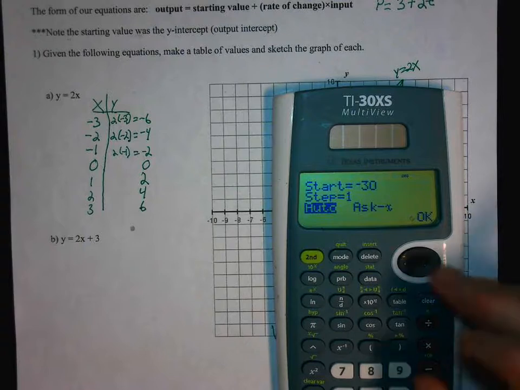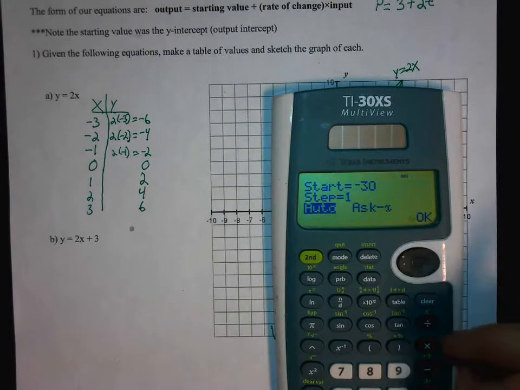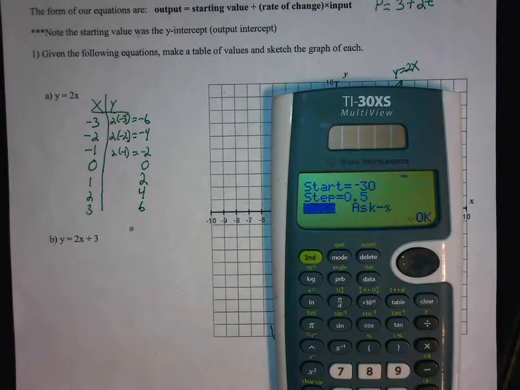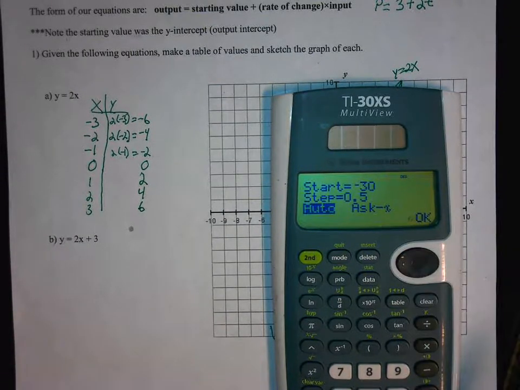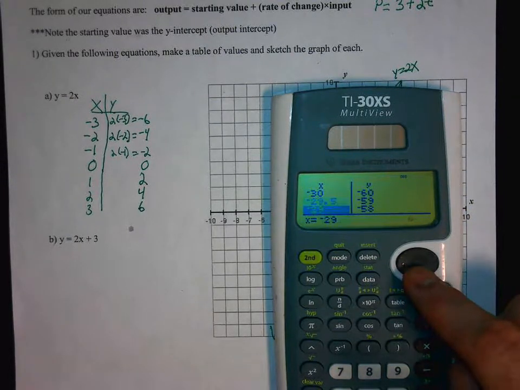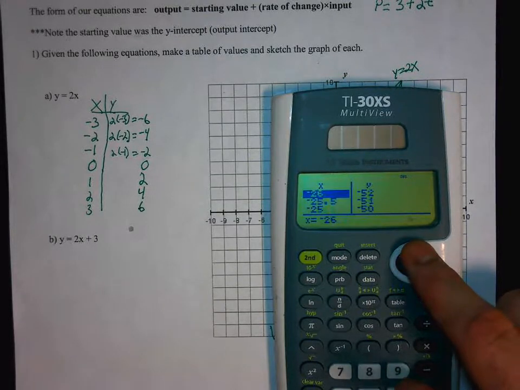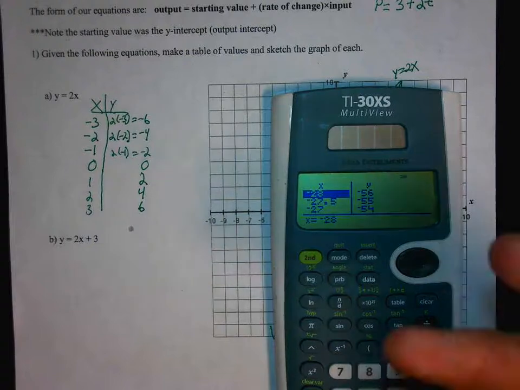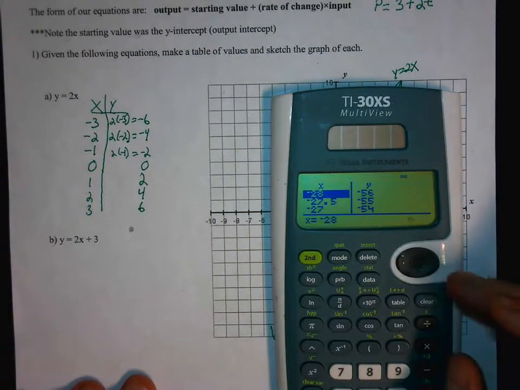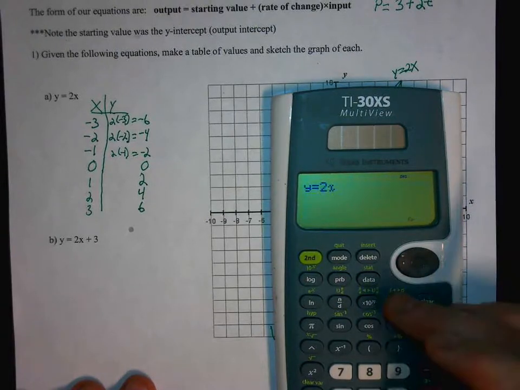If I go to the table, and I suppose I start at -30, I could use a step of 0.5 if I want. What that'll do, it'll put -30 as the first value in the table, and then go up by 0.5s. So -29.5, -29. You can use your arrow key to scroll whichever way you want, up or down, and that's one way to create a table of values. But again, the table that I want to see are values that'll fit in nicely to our grid that you can actually plot. Okay, if I go back to the table,